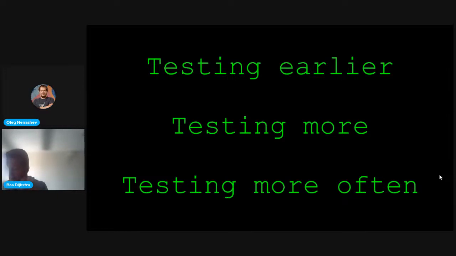For example, if I'm building a web store that has an integration with a third-party payment provider, which a lot of web shops will have, and I want to test how my web shop behaves when the payment provider has an outage or is just slow, so it takes a long time to process the payments.